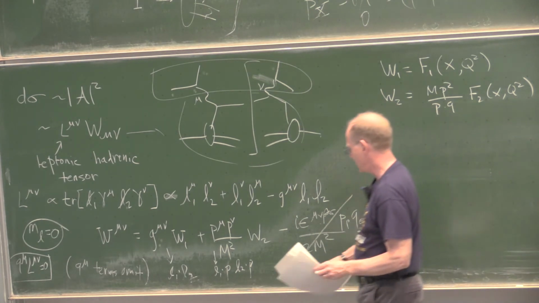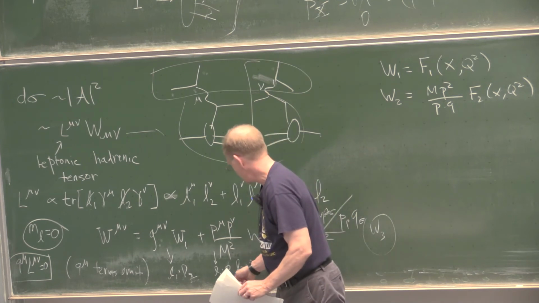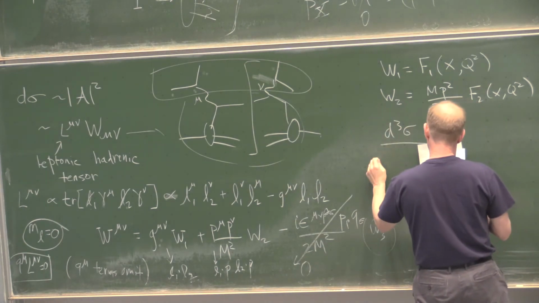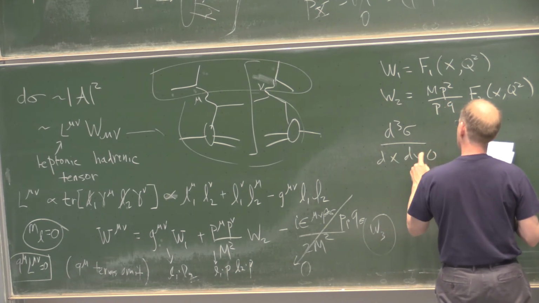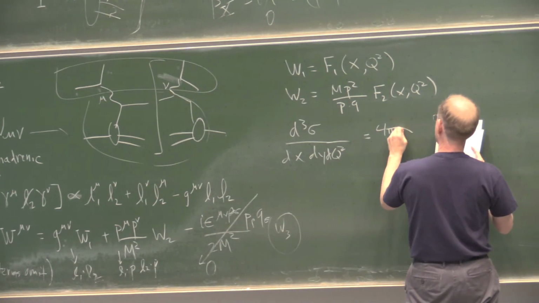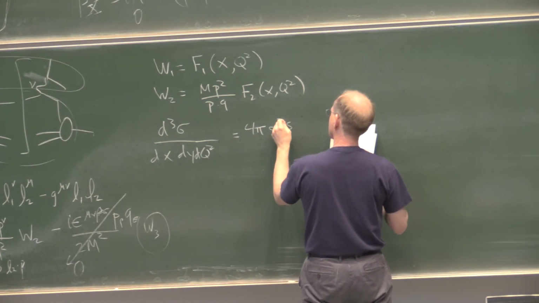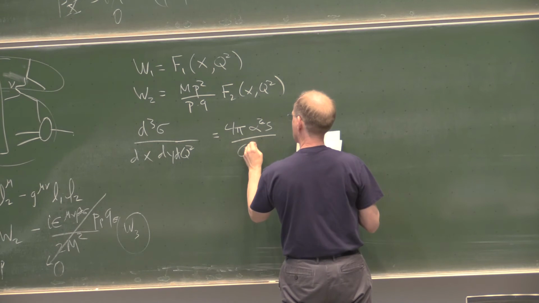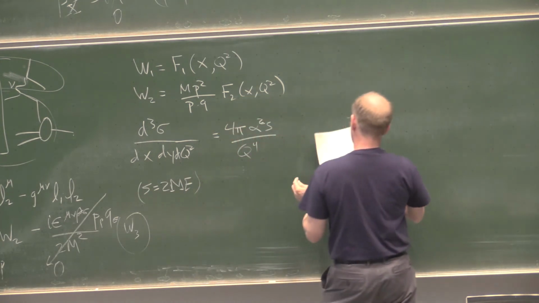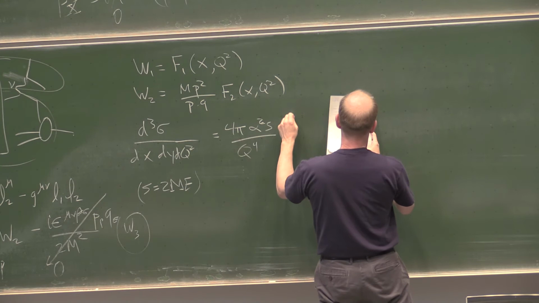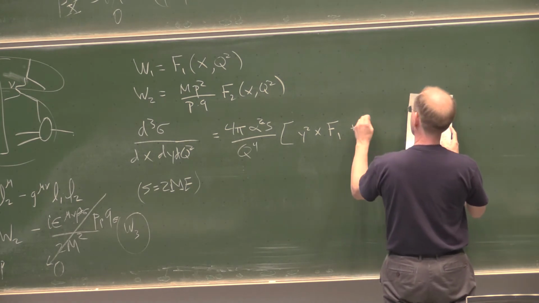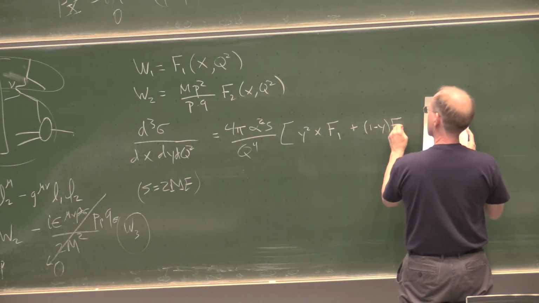Now, when you take into account this factor of L1.P and L2.P and L1.L2, you get a formula, and there's some Jacobian for changing to these variables x, y, and q squared, that the differential cross-section in these variables has a 1 over q to the 4th from the photon propagator, and then it has a y squared x F1 plus 1 minus y F2,